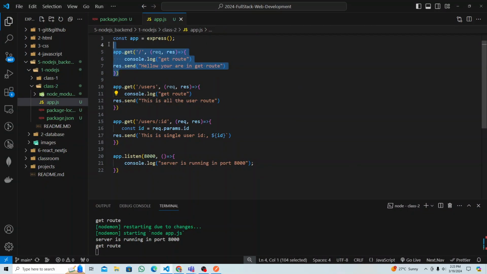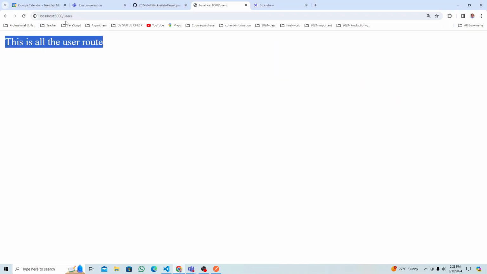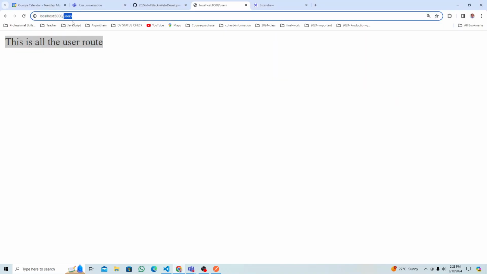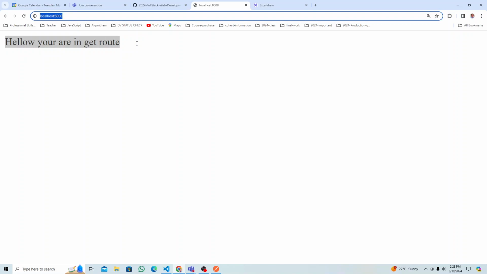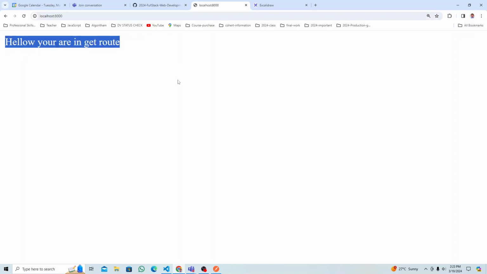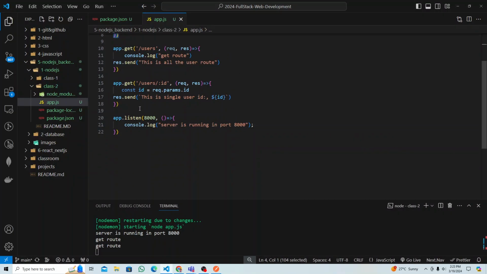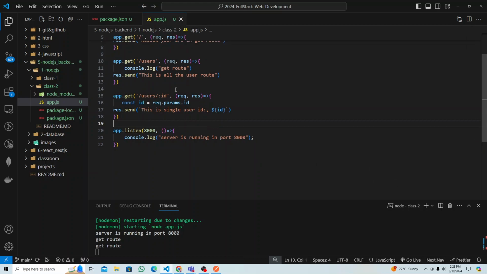And this is localhost 3000. We know that localhost 8000 will give you, hello, you are in the root get route. This is a root route. So that is the thing, right? So we learn how to get